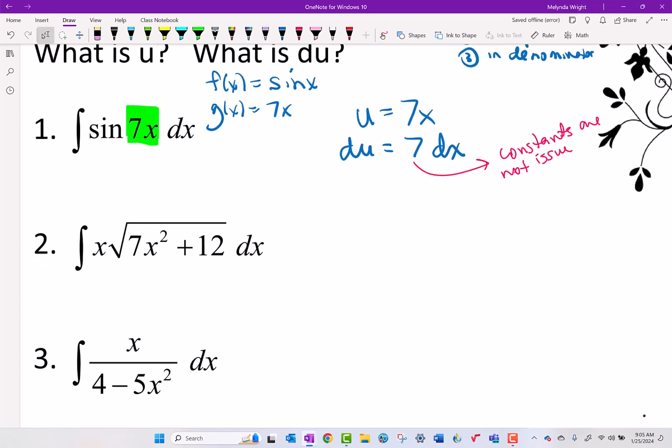So I'm thinking to myself, this stuff under the radical is probably u. So let's write that out. U is 7x squared plus 12. Du, I'm taking the derivative of that. That would be what? 14x dx. So as my goal to find u, I need the du to exist. The 14 we don't really care about. But this x,